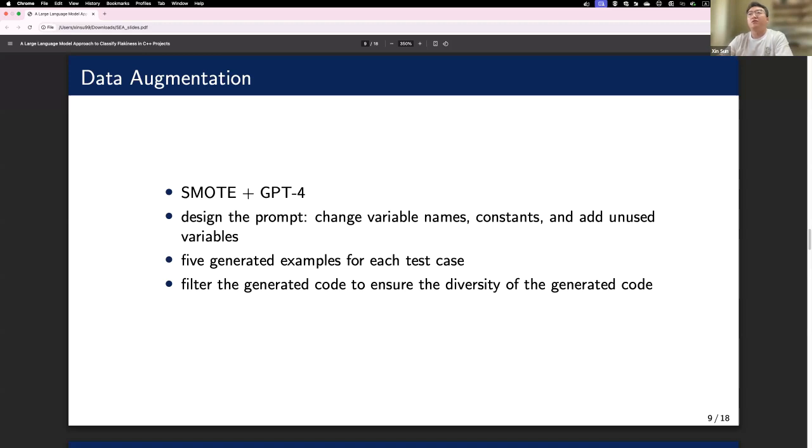For each original test case, we generated five new samples using GPT-4 and then manually checked them to ensure they were realistic and diverse. This allowed us to create a more balanced and larger dataset for training and evaluation.